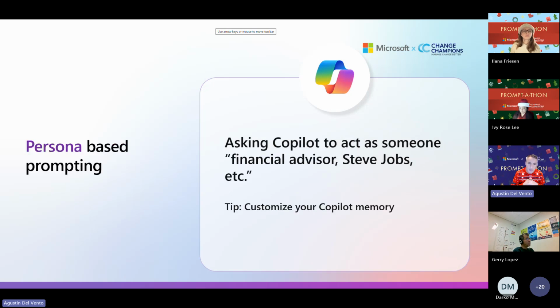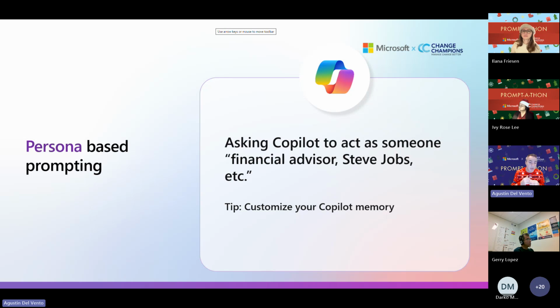Number 2, and we saw that with the example of act as someone else, you can ask Copilot to act as someone else, or you can give Copilot information about who you are, and it'll give you different answers. For example, you could say, act as a financial advisor and recommend ways to proceed with this prompt.